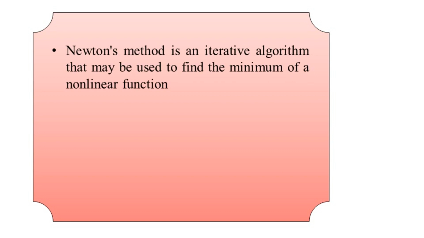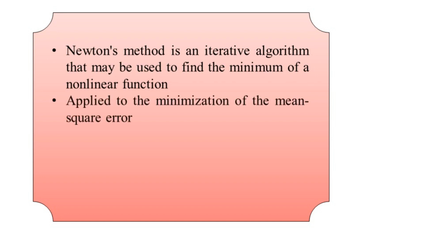So as we have several methods for minimization of the mean square error, one of them is called the Newton's method. The problem statement starts as: Newton's method is an iterative algorithm that may be used to find the minimum of a nonlinear function. Applied to the minimization of the mean square error given as xi of n,